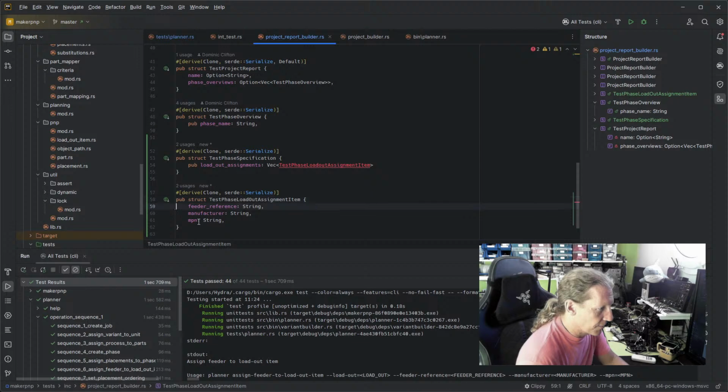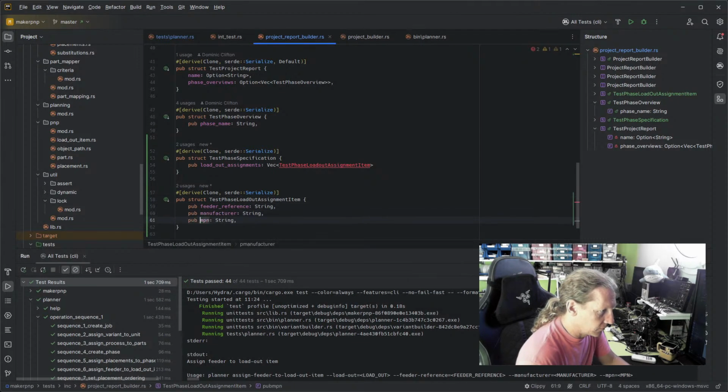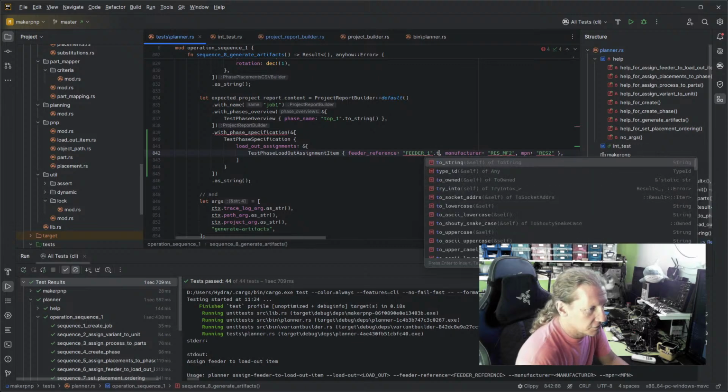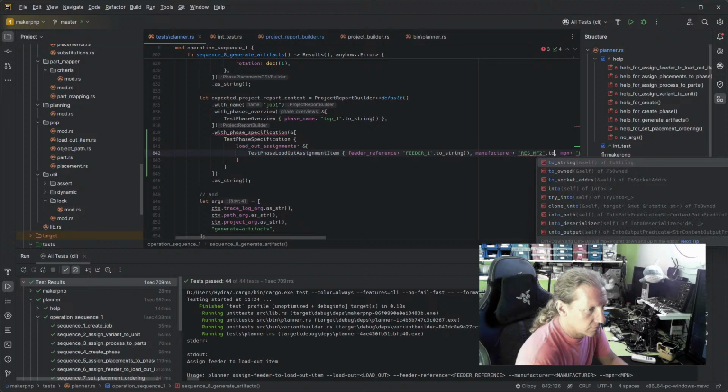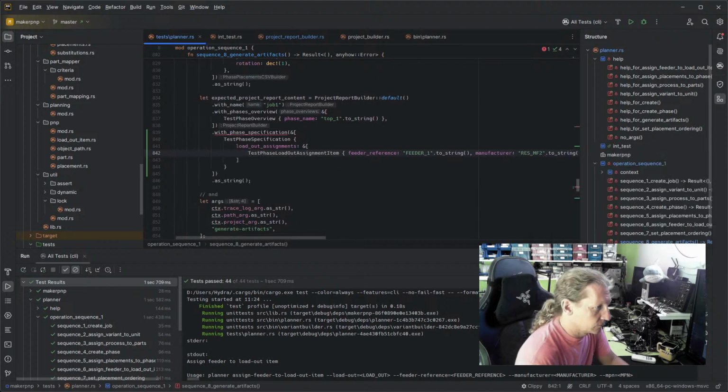And these things need to be pub. But these aren't strings, so we need to say .toString on each of these. Okay, fine. So now we can create our builder method, which takes